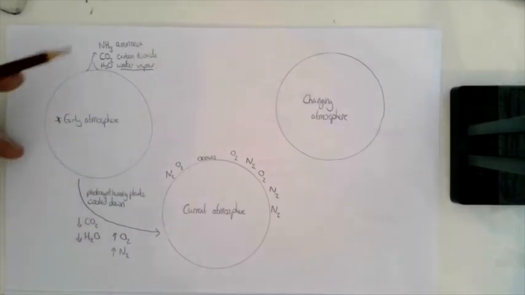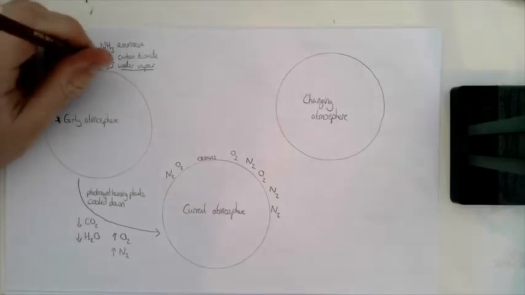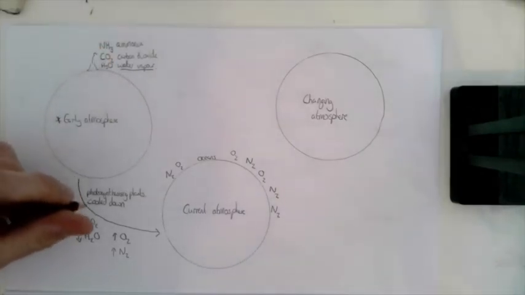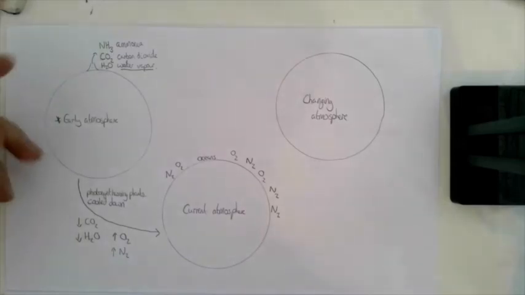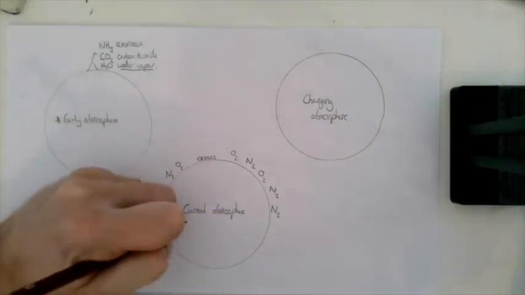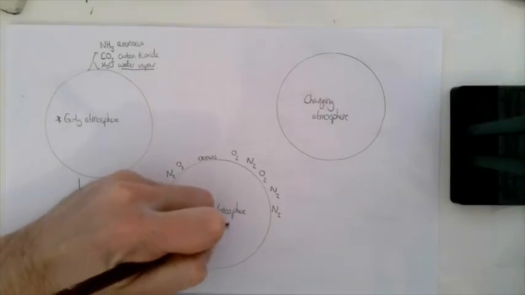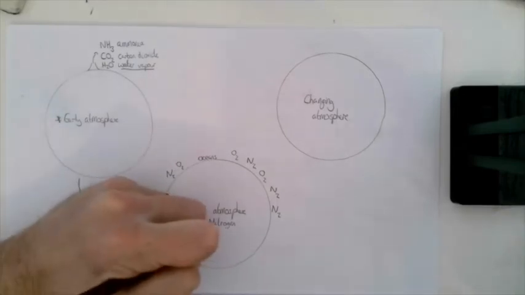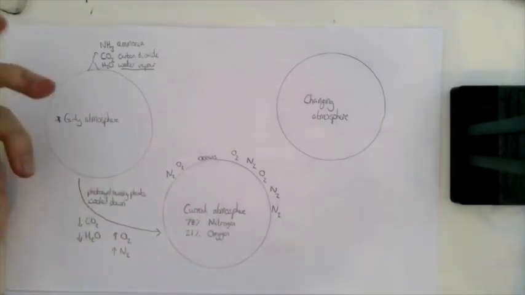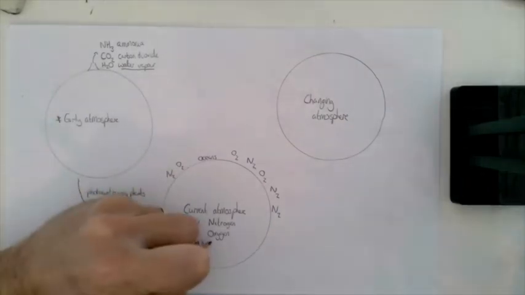And what have I missed? So that gets rid of the ammonia, the carbon dioxide levels have gone down, and the water vapour is condensed to form the oceans. Have I missed anything? I don't believe so. So, in our current atmosphere now, we have 78% of it is nitrogen, 21% is oxygen, 0.04% is carbon dioxide,